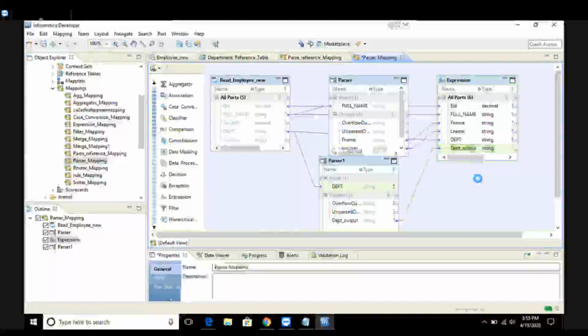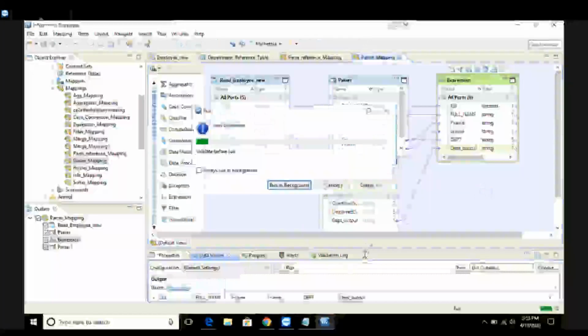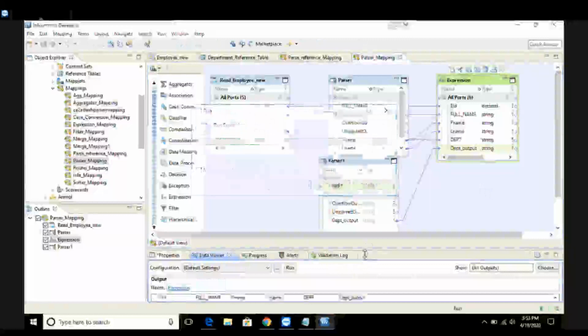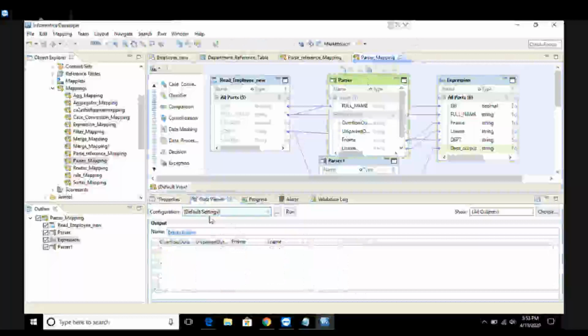I'll save this. I'll just run my expression, run data viewer. And here you can see the output. So this full name was converted into first name and last name using the parser token set, which I just created in the previous video, right?